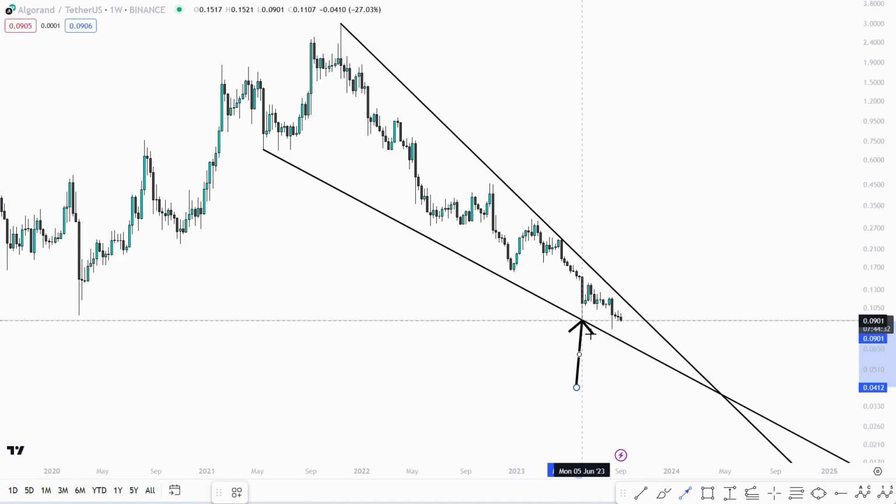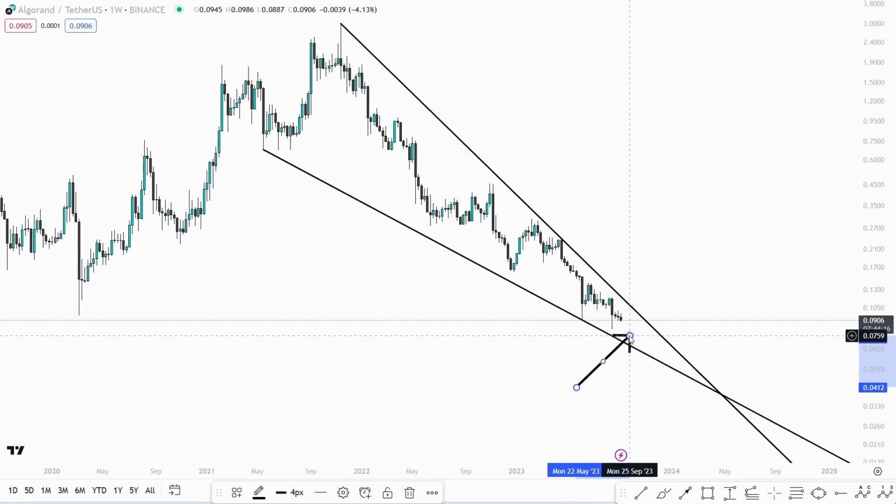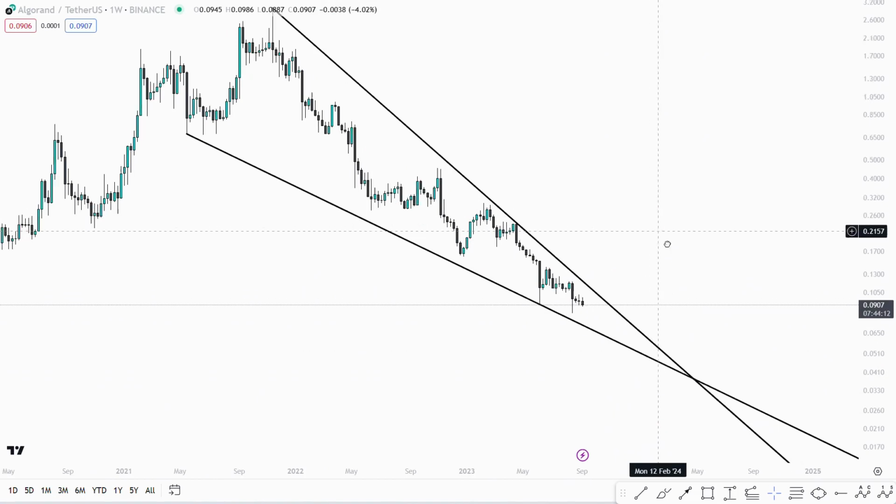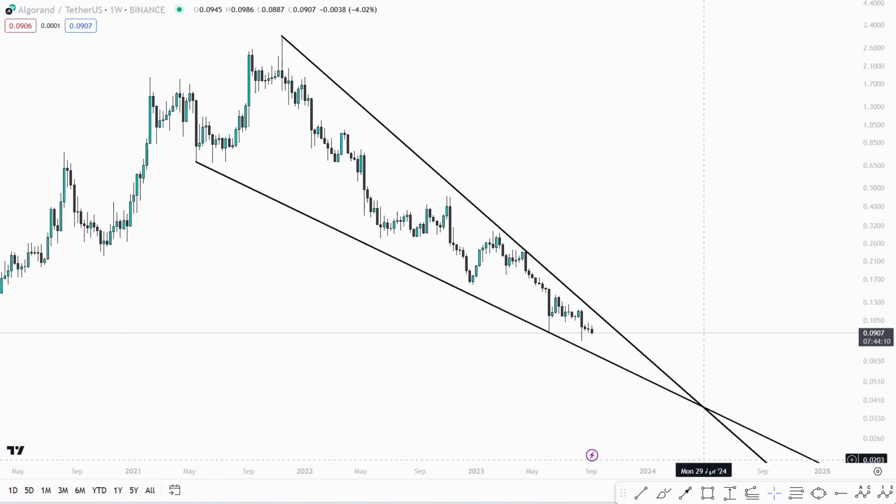It doesn't mean that we have to bottom at this level for ALGORAND, because often when we see big wicks like this, we'll come in and get filled, because big wicks like this induce a lot of longs to enter the market, where we just come down and take them and take them. Usually it's 1, 2 or 3 or 4 times that we have to take these wicks before we can actually bottom, because this embeds the psychology into traders' minds that, you know, we're going to take these wicks once,